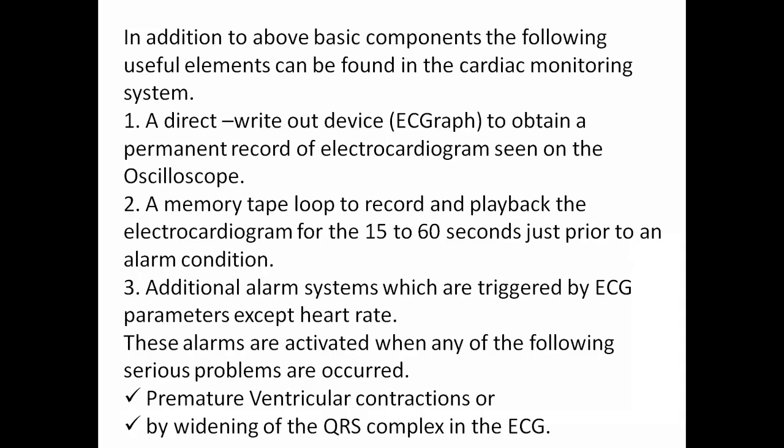The first one is direct write-out devices. For the electrocardiograph we have a drum and pen recorder, which you can call strip chart recorders. They will write the information directly over those recording devices, and that information is also observed on the oscilloscope. The same recorded information can be observed on the oscilloscope. And the second one is